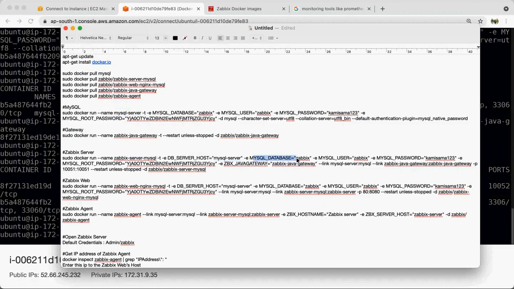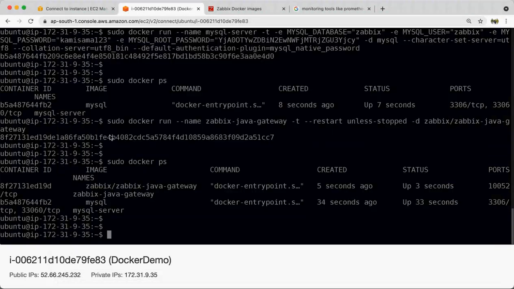The details of MySQL, we are just providing what we had provided earlier. The database user is Zabbix and the password is this one. This is how we will configure our Zabbix server, and it will use the already existing MySQL database.